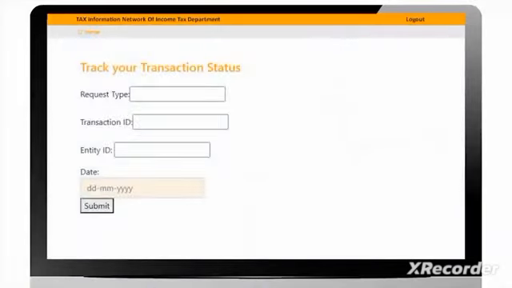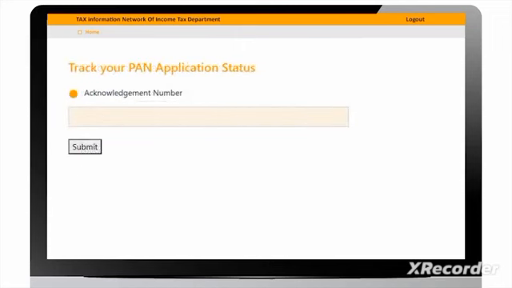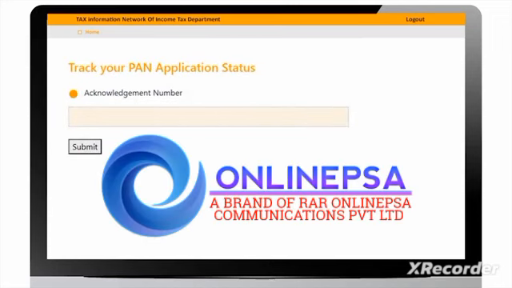User can check status of transaction through transaction status page. Enter request type, transaction ID and entity ID to check status. User can also check status based on application number through PAN application status page. Enter PAN application